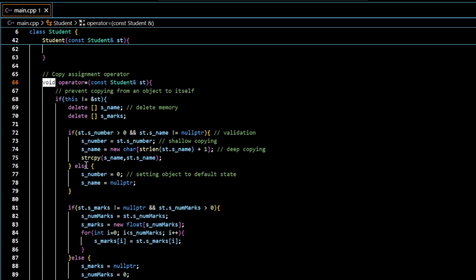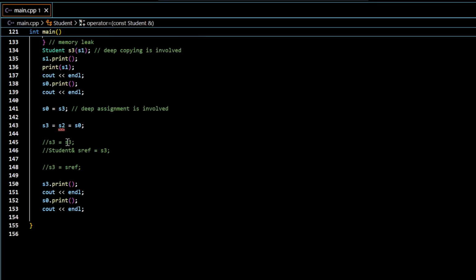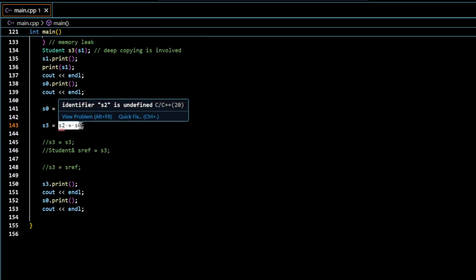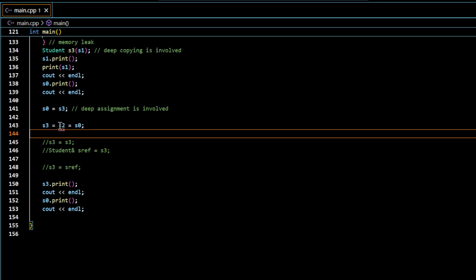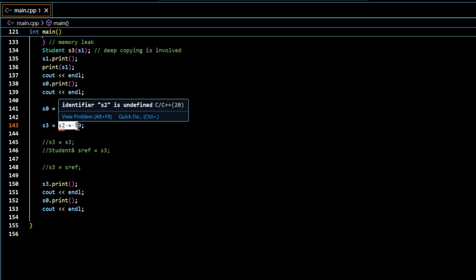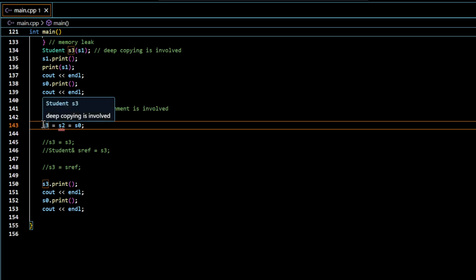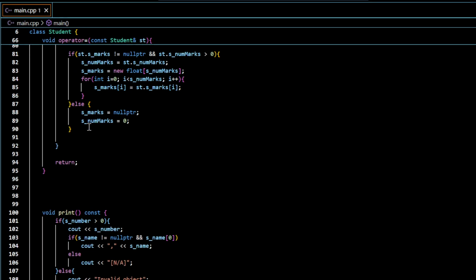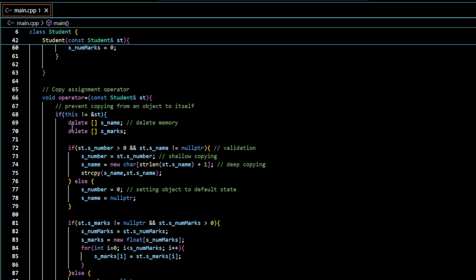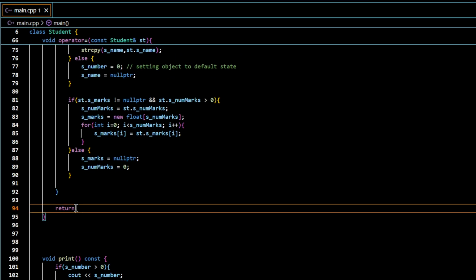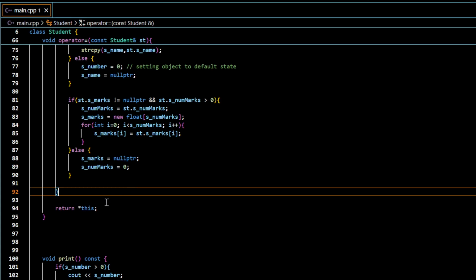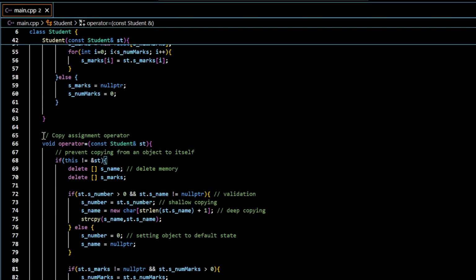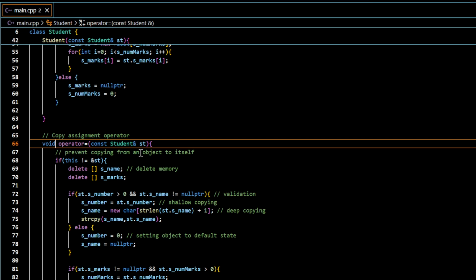But if we want this chain assignment to be valid, we don't want this to return void, we want this to return actually the object S2, so that S3 equals S2 is executed. So instead of returning nothing, I want to return the current object, right? So you return the current object using this syntax,